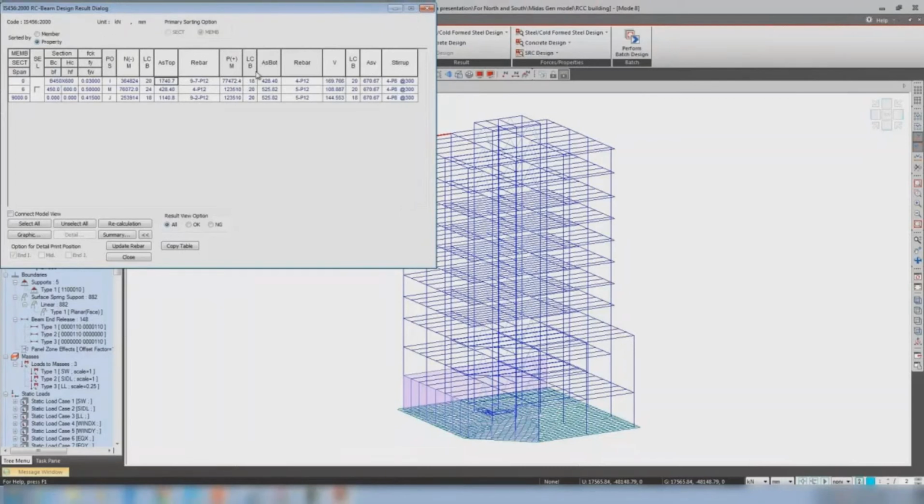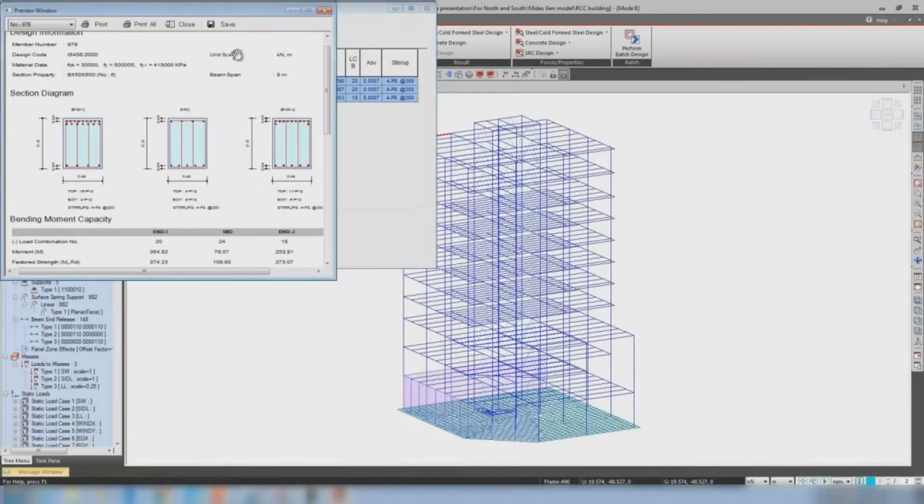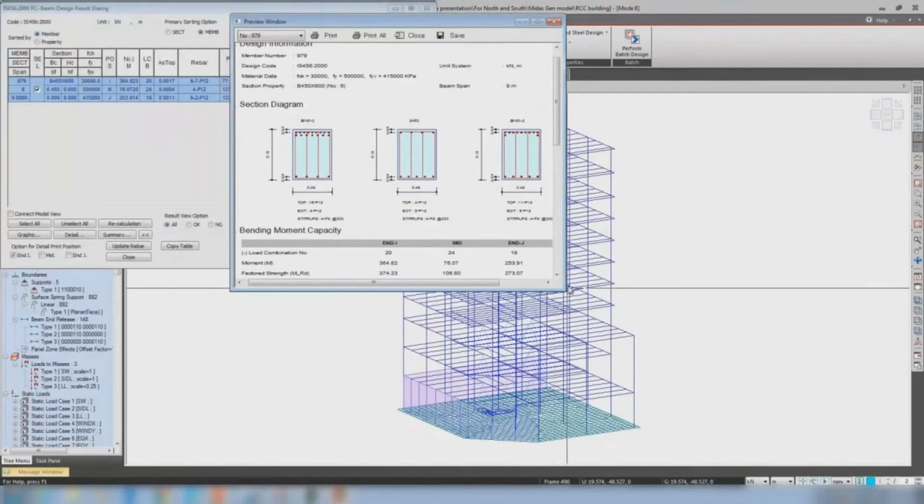Similarly, the positive moment, load combinations, bottom moment, rebar, and shear, V for shear, load combination, ASTV, that is the area of steel for the stirrups or shear and the stirrups. So the entire thing is mentioned here. But how it is calculated is most important, because in most software it will give you the values, but how is it calculated? So if you click here on member and just say graphic, now graphically you can see the values,